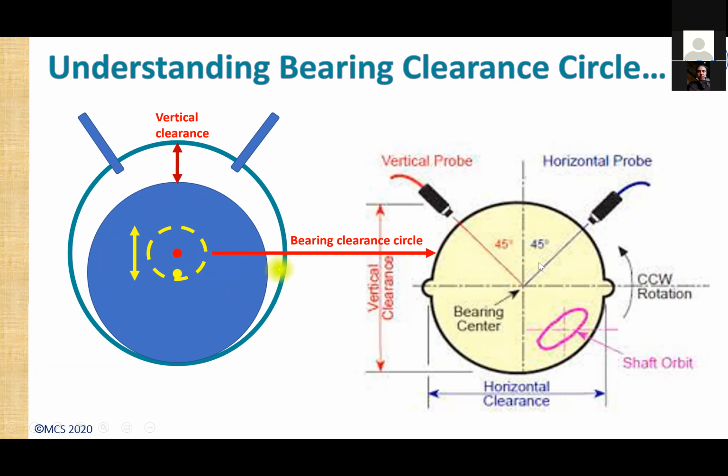The same thing is shown here. We have the two probes, and this black circle is the bearing clearance circle. And this is the bearing center. So at one point of time, the shaft center is sitting here, and it is trying to move in this circular orbit here. So the orbit is drawn, or this is the average center line movement at this location. So when you see the gap voltage, it primarily tells you where the shaft is sitting within the bearing, and the orbit will tell you, at that location, to what extent the motion it is executing within the bearing.